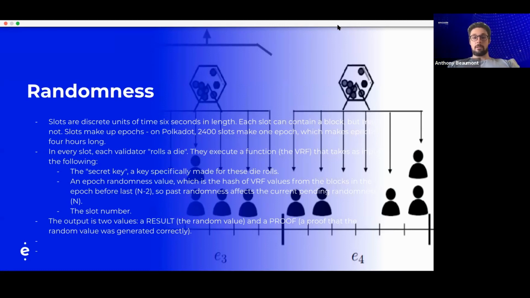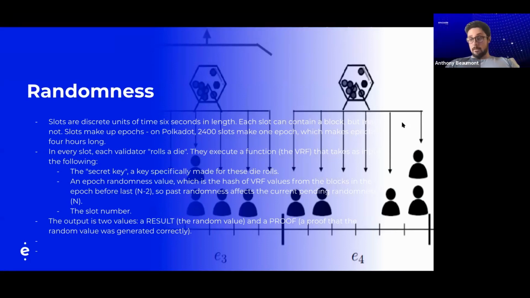So that's the method by which we did it, and that's how you do randomness in Polkadot. Without getting even further into that, this is very important if you're going to randomly assign blocks to people and randomly assign rewards, which is a method chosen by most chains so that not everyone gets a reward every time.